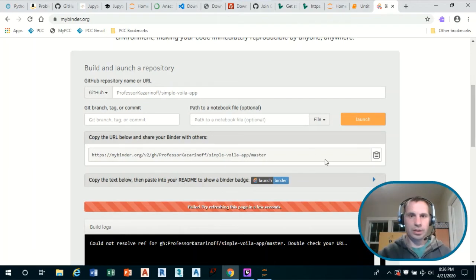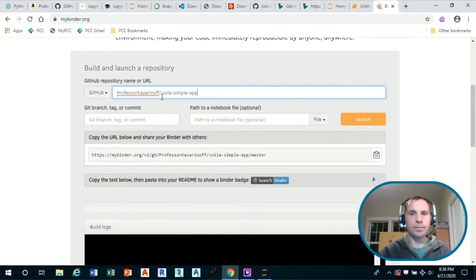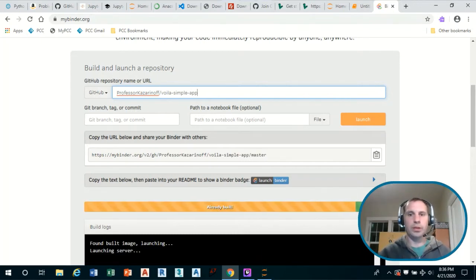And it said failed to launch. There we go. I just typed the repo name wrong.